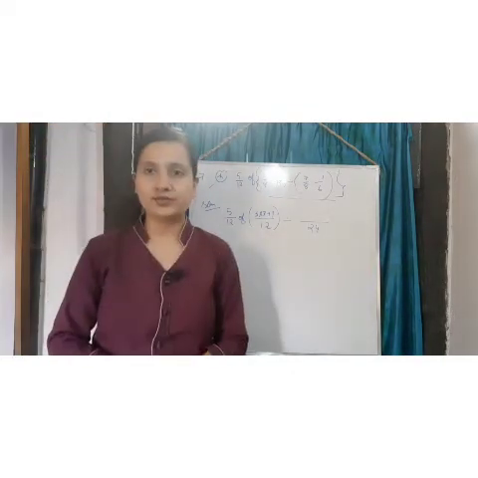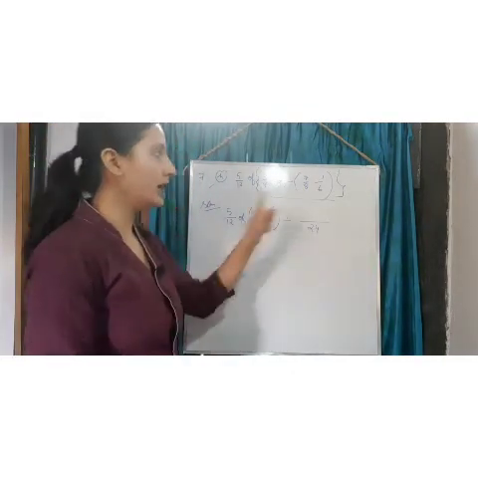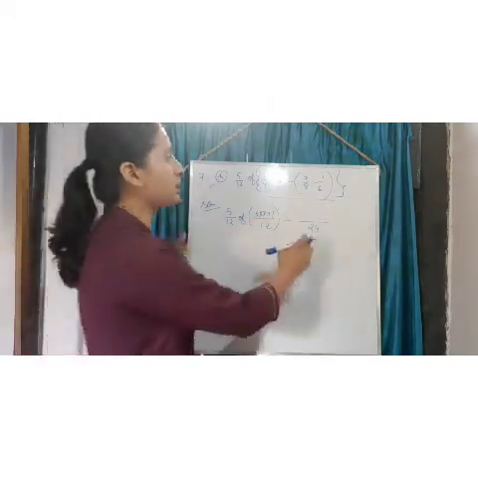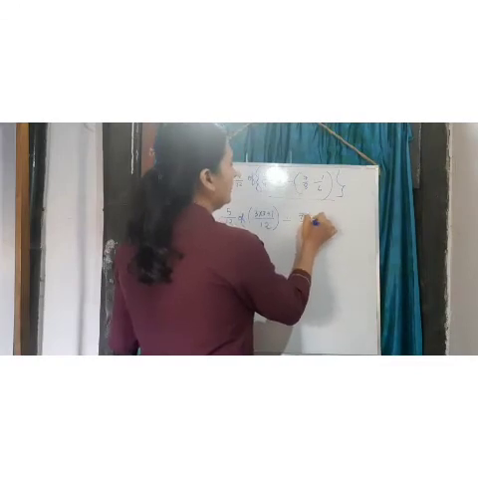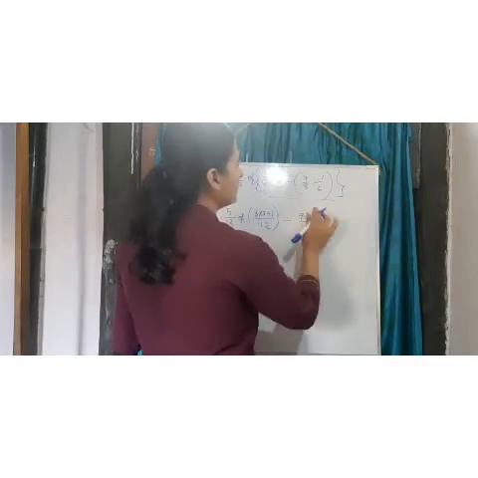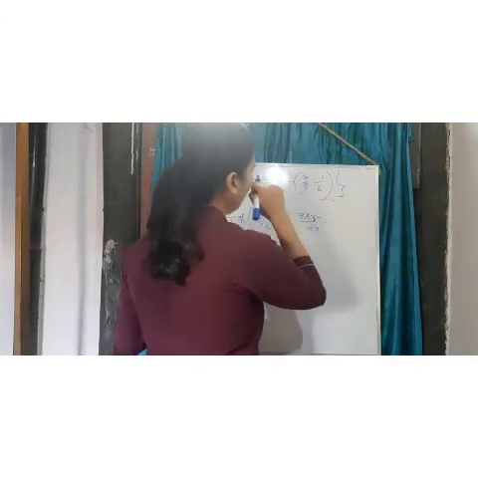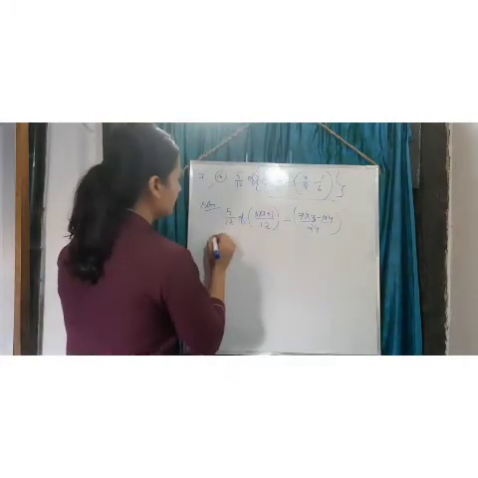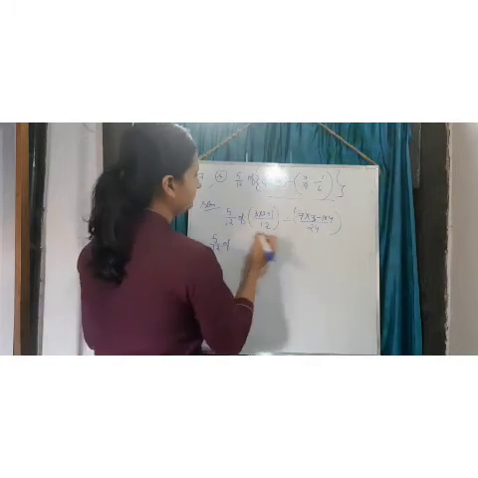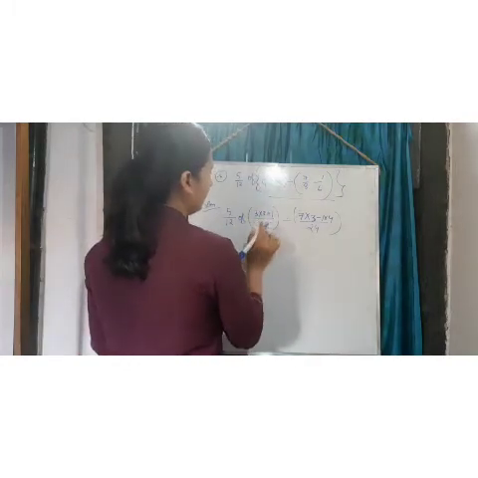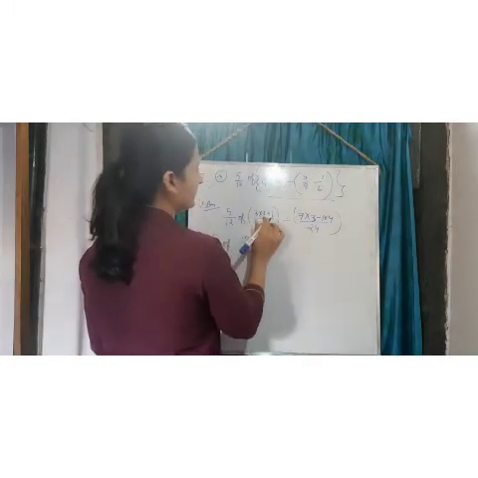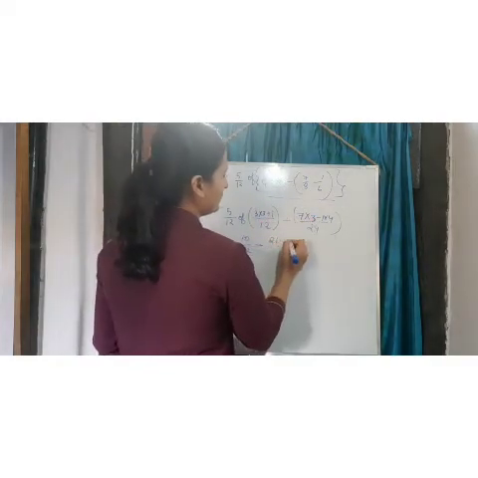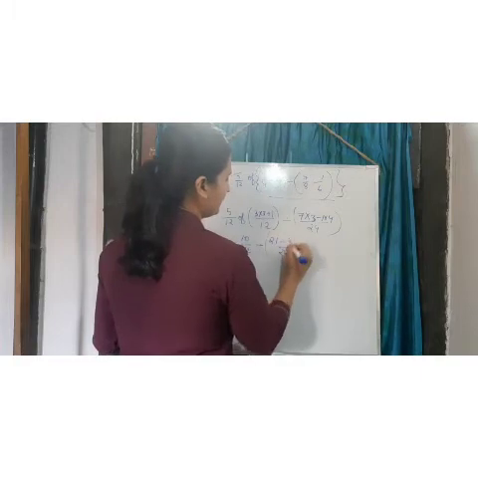So 8 3s are 24. 24 is a multiple of both 8 as well as 6. So the LCM, the lowest common multiple of 8 and 6, is 24. So 7 into 4 minus 7 into 3 minus 1 into 4. Okay. So 5 by 12 of 10 by 12, correct? 3 3s are 9 plus 1, divided by 7 3s are 21 minus 4 by 24.